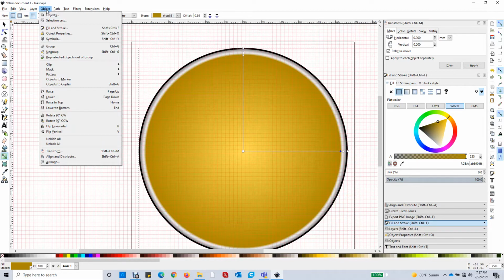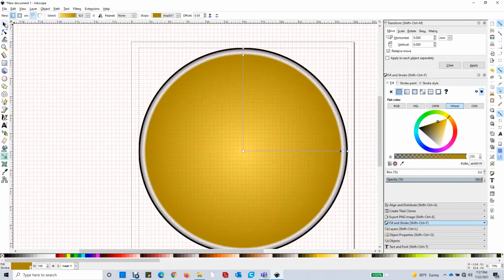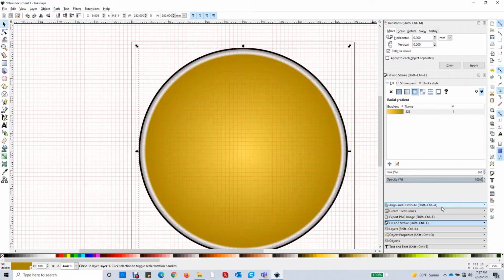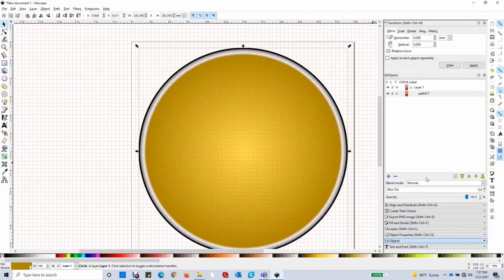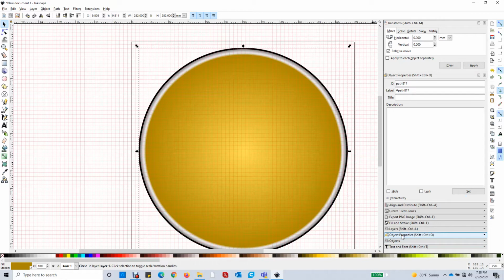So I'm going to click on Object, and I am going to click, oh, no, wait, doing it wrong, sorry. I'm going to click on this, then click on the object, and then click on Objects, and I am going to tell this thing, where am I at? Oh, I want to lock it into place. Object properties, that's what I want. And then tell it lock. So now that it's locked, I can't accidentally goober it up, which is something I'm apt to do sometimes.